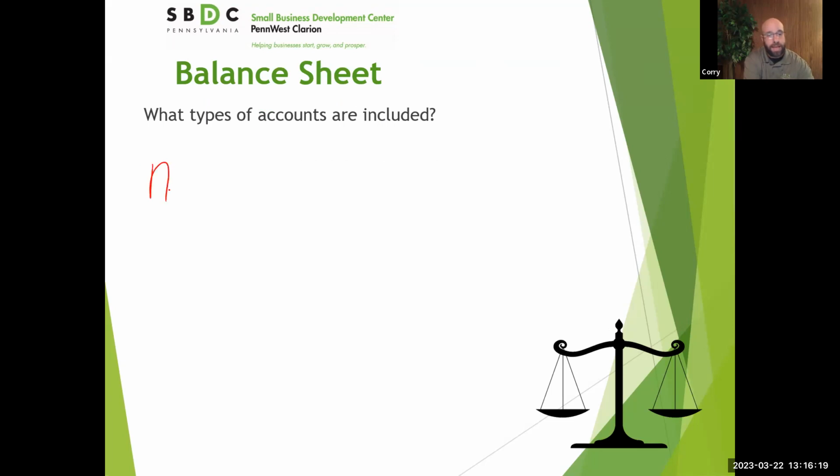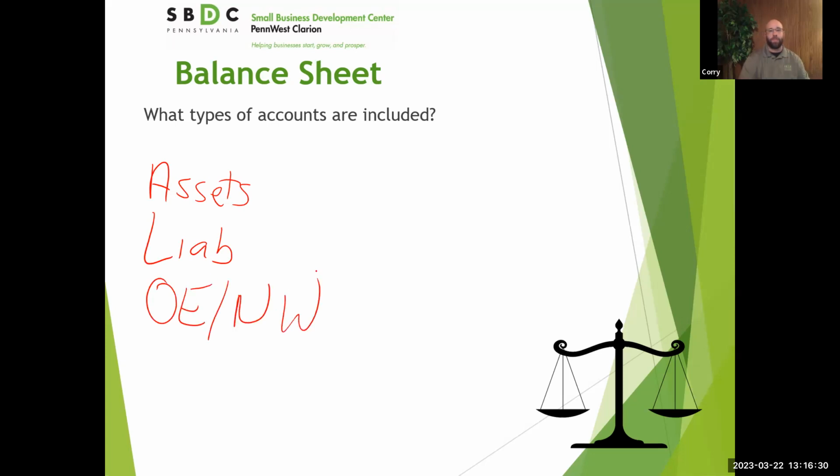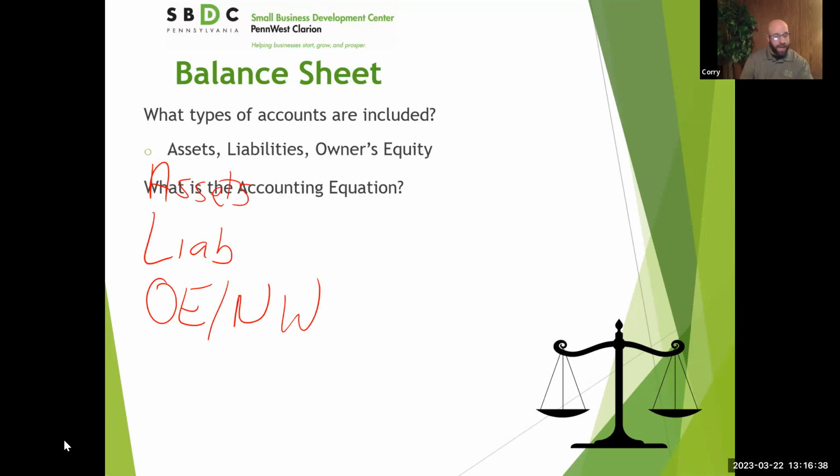Okay, somebody's saying assets. There we go. We got liabilities. And we got equity. I'll say owner's equity. Sometimes people say net worth. Okay, wonderful. Those are the three main types of accounts that are included in the balance sheet. Appreciate that. So then the next thing is